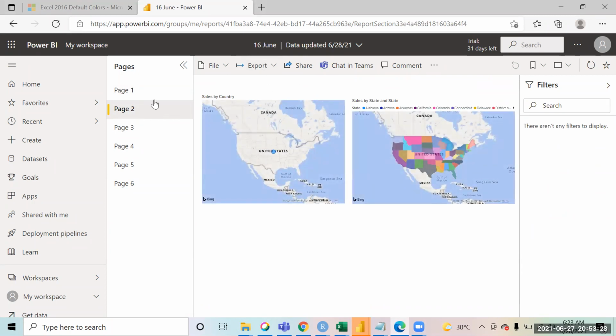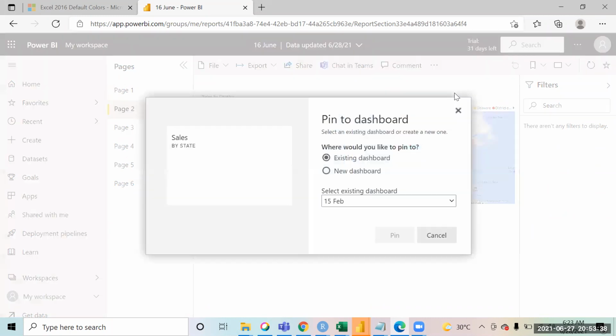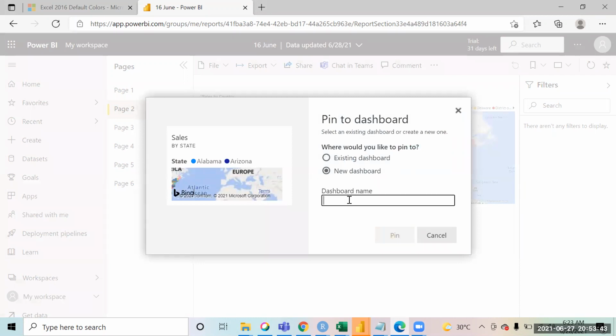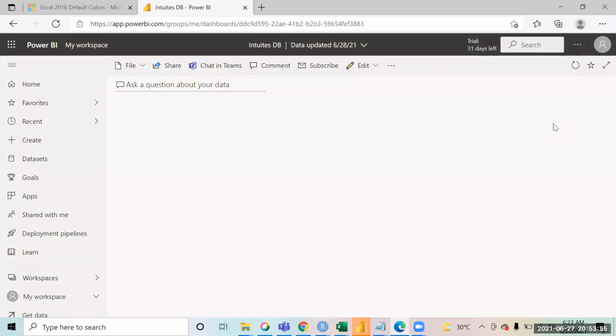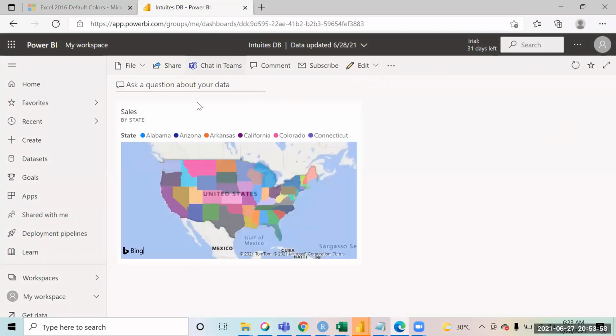Okay. See, when you create the chart, on the chart you can pin the visuals. One is pin visual, right? If you click on pin visual, suppose this chart is very important, you will say you want to put it on a new dashboard. You create a new dashboard from here and just give it a name. Suppose I give it the name Intuit's dashboard and click on pin. So see, your dashboard is created. Just click on go to dashboard, and this dashboard right now has only one chart. You thought that this chart is very important, so you have put it over here.